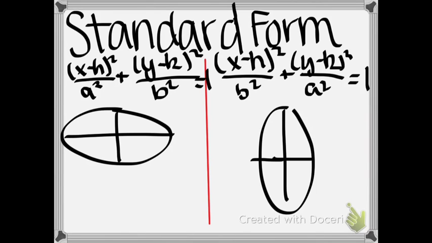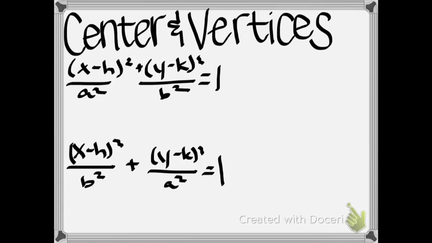A represents the major axis, which is always the longer part of the ellipse, and B is always the shorter part of the ellipse, which is the minor axis. So the center for any ellipse is always (h, k), the coordinates h, k, and this is true for both types of